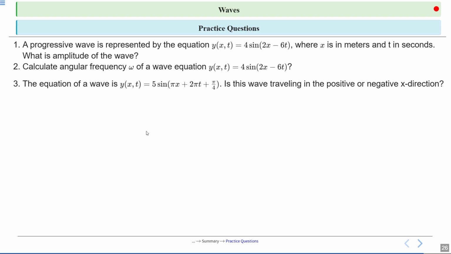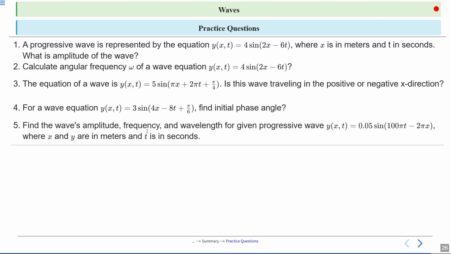Third, the equation of a wave is y of x, t equal to 5 sine pi x plus 2 pi t plus pi by 4. Is this wave traveling in the positive or negative x direction? Fourth, for the wave equation y of x, t equal to 3 sine 4x minus 8t plus pi by 6, find the initial phase angle. Fifth, find the wave's amplitude, frequency, and wavelength